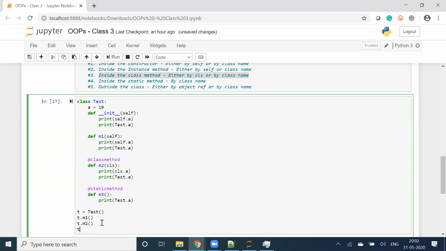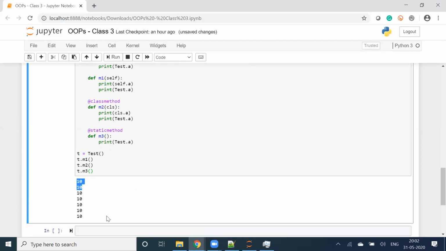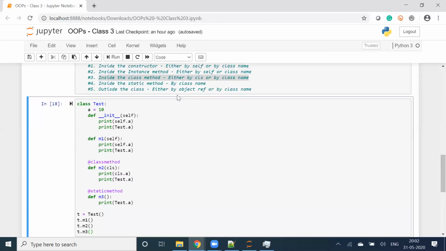Call m3. 2 from constructor, 2 from instance method, 2 from class method, 1 from static method. Outside the class, either by object reference or class name. We'll talk about that in some time. But till this point, all good?